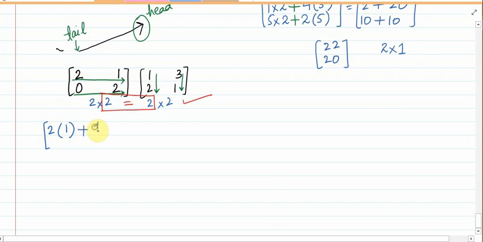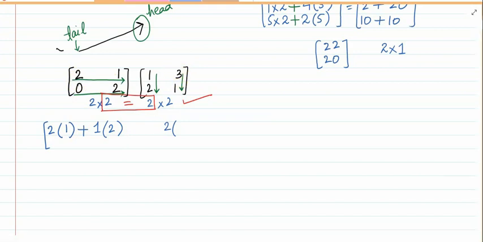Now we are standing at 1. 1 is on the head side, so head will be multiplied with head. So 1 multiplies with 2. Now we are going to multiply this row with this column, right? So we need to leave some space now. Again we are standing at 2. This time 2 won't multiply with this one because this part is already done. 2 will be multiplied with 3.